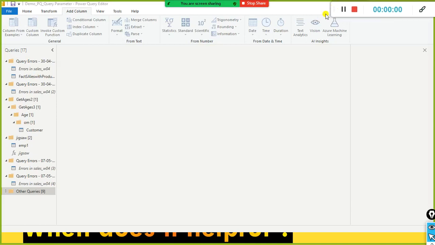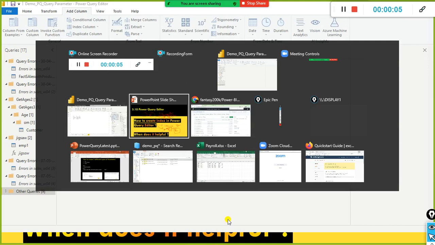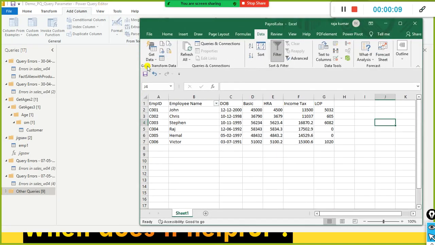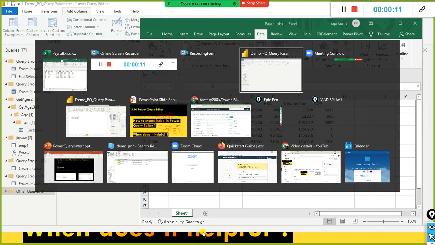I'll give you one simple assignment. Okay, you just start work on this one. I just show you this data file. We have something called payroll.xls file. All of you please go to my GitHub link,